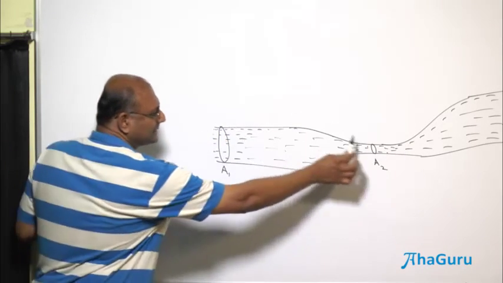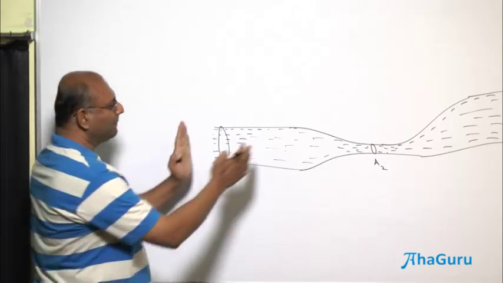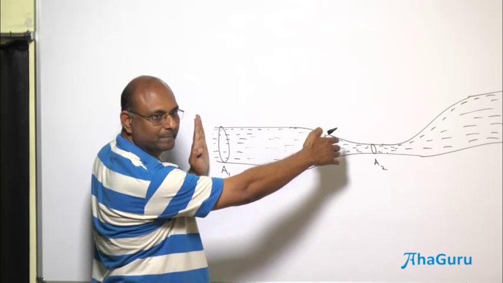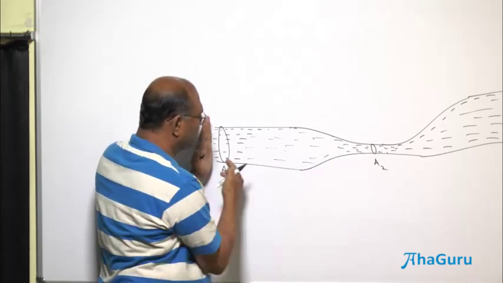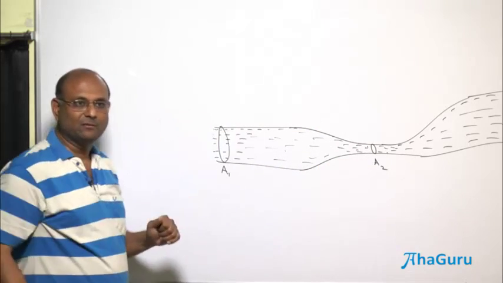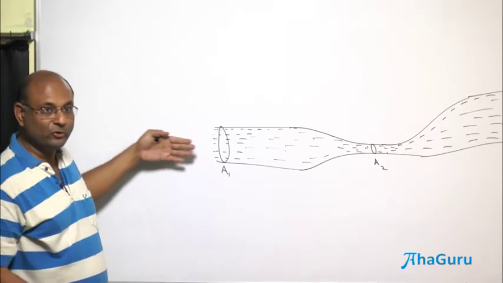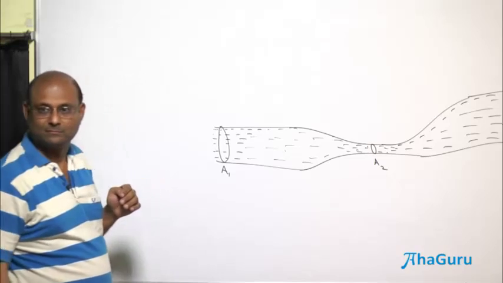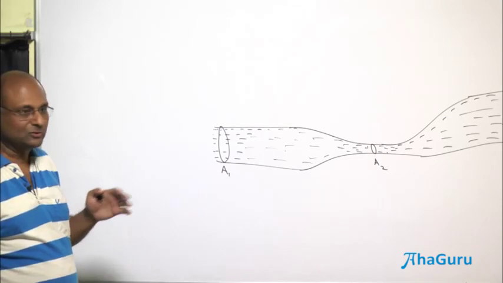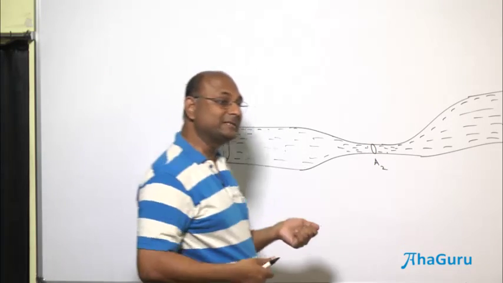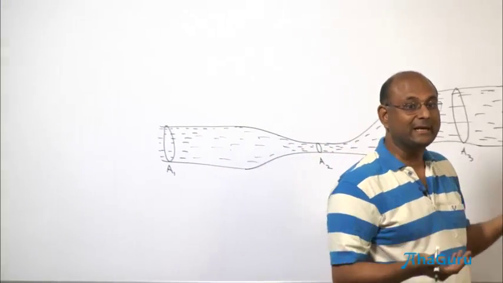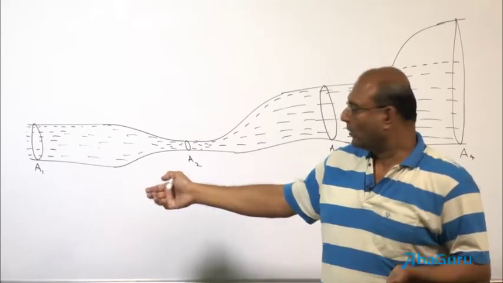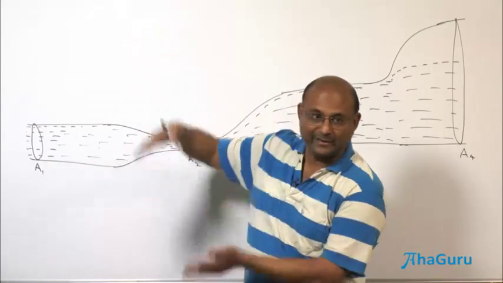Now, if you look at this fluid, the total mass of the fluid contained here will be the same. Basically, it depends on the volume into the density of the fluid. New fluid comes in, new liquid comes in, but then a corresponding amount of liquid must get out. Correct, because you can't increase this. What if you increased it? That means the density has increased, but I just told you it's an incompressible fluid. There is no place for it to expand into.